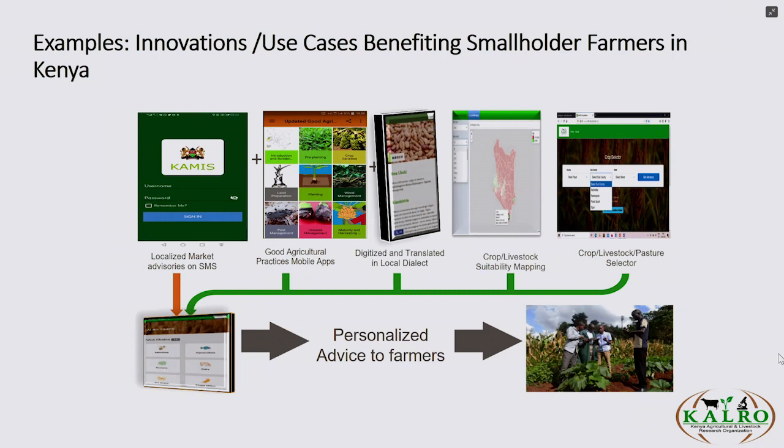Although we also found that technology can be exclusive. How then do we address technological barriers, technological exclusivity, from a technological perspective? What we have done is translate some of these apps and content into local languages. We've also built a call center, which farmers can call. In terms of agricultural intelligence, we've developed services like the crop selector, parcel selector, livestock selector, and suitability maps, which enable farmers to know what to plant or what to keep, when to plant, when to keep, and how to plant and keep, anywhere in the country.